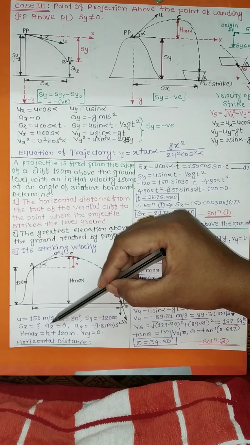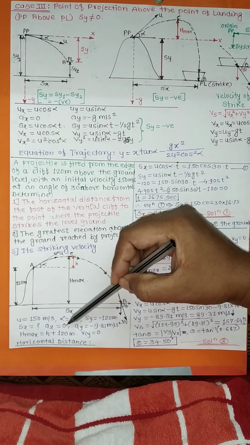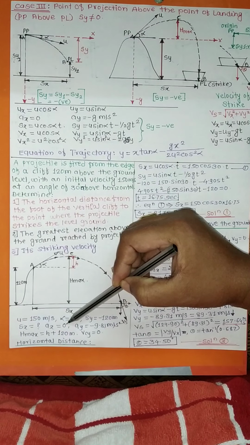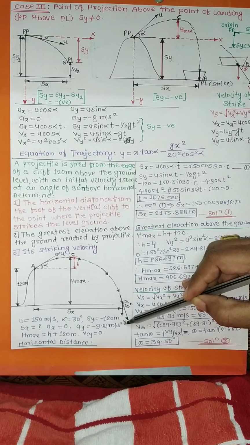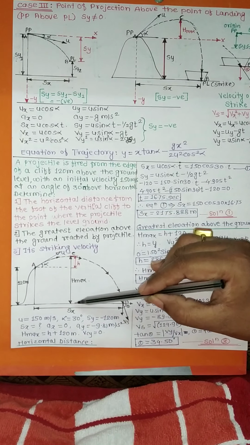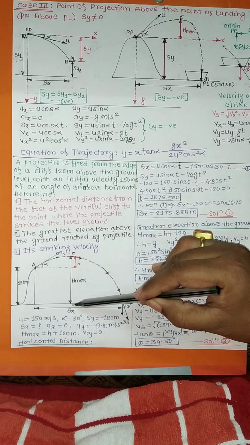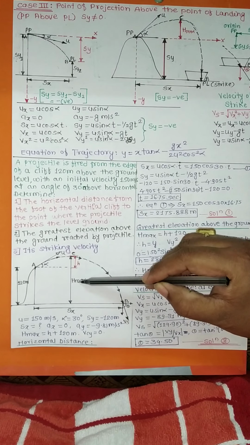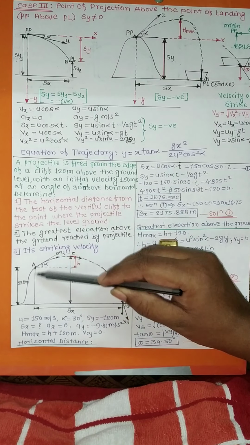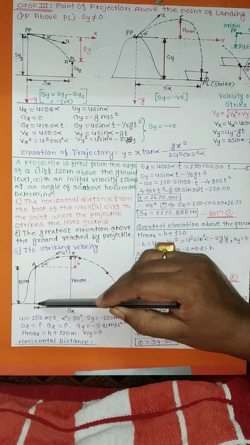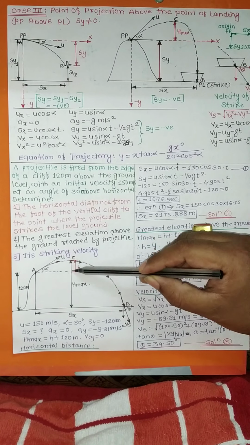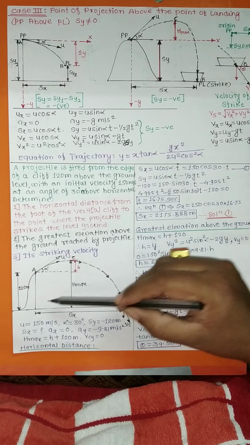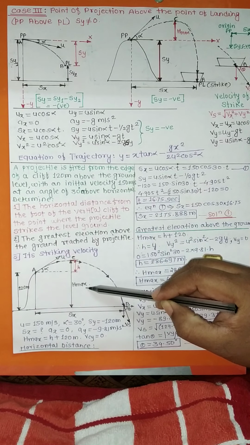As acceleration along the x direction we consider 0, and Ay we take as minus 9.81 meter per second square. What will be the H max for this condition? Let us consider that H max is equal to this distance, as you can see, 120 meter, and this distance we can consider as h. It means that this h distance plus this 120 will be H max.